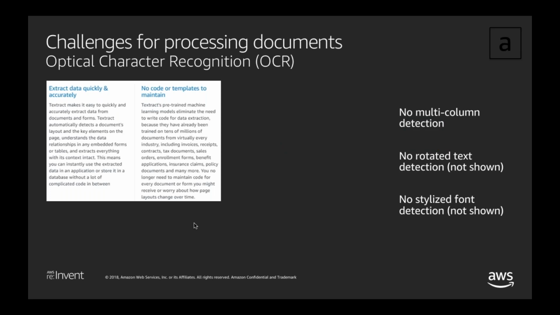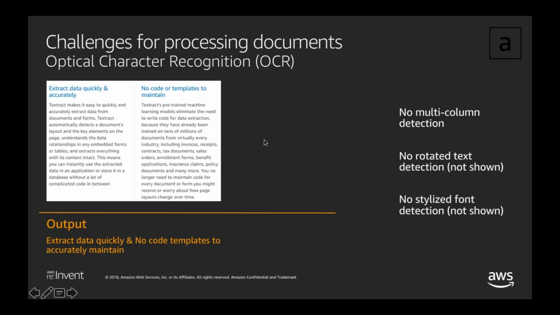So this is an example of a very, very common format that's just simply two columns. Almost every press release or every white paper that we see today has multiple columns. This is very difficult for current OCR algorithms because it has no concept of the geography or the layout of the page. Another challenge here is